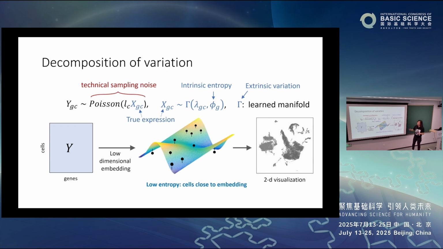And that's actually what separates SAVOR from the other denoising methods, because other denoising methods just place your cells on the manifold. They do not assume there's a biological dispersion. In SAVOR, we say there's a technical noise, there's an underlying manifold, and there's this stuff in between, which is the biological entropy. With that, we can decide which scenario we are in. Are the cells far from the underlying embedding or close to it?